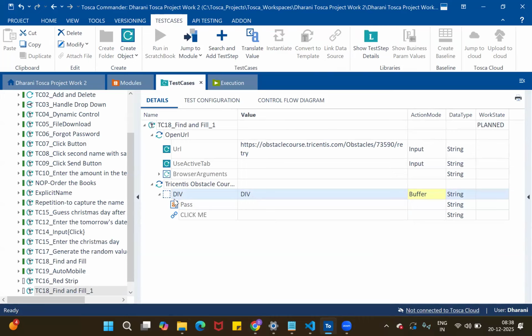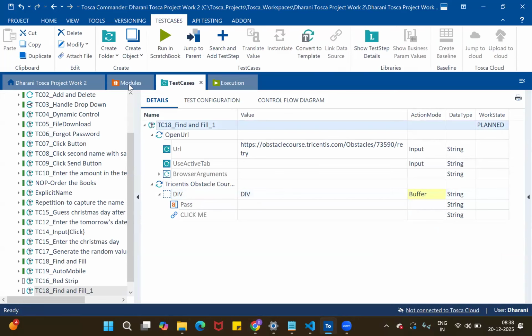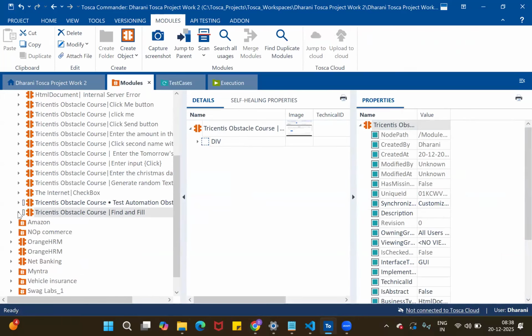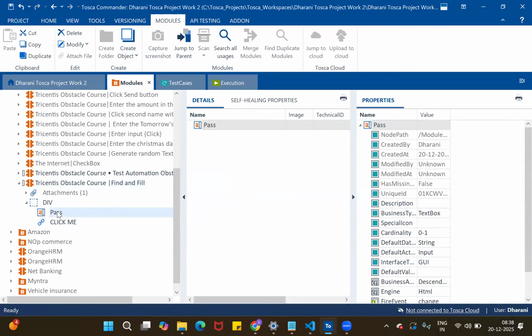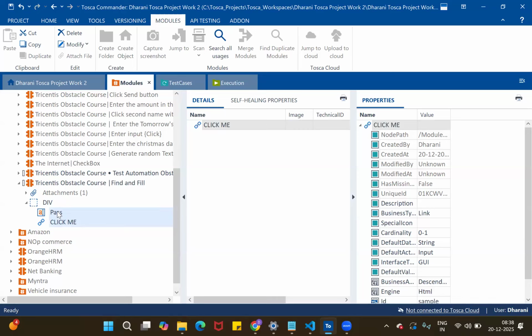That means go to your test case, I mean, sorry, your module, the respective module. Expand this div. The password and click me are added inside the div, right? Select these two controls,